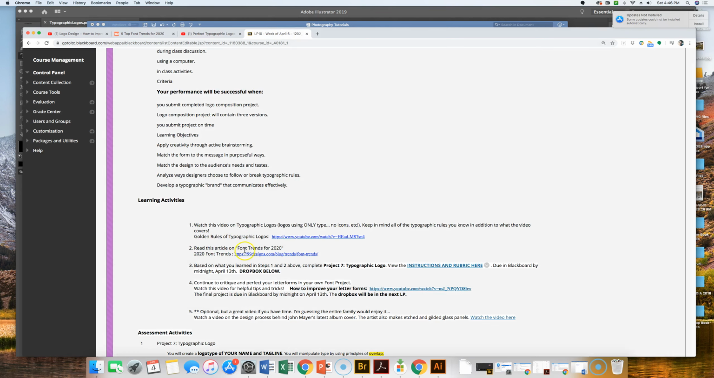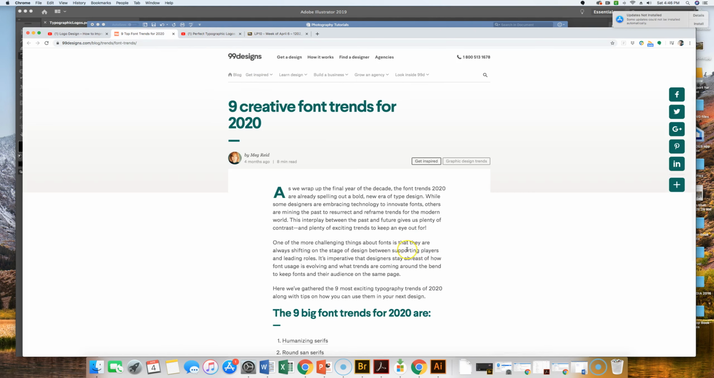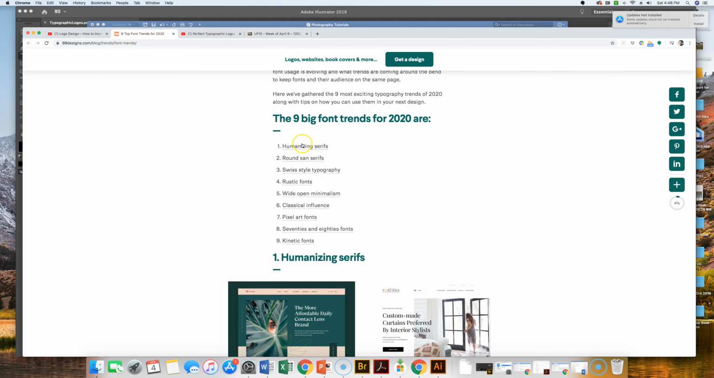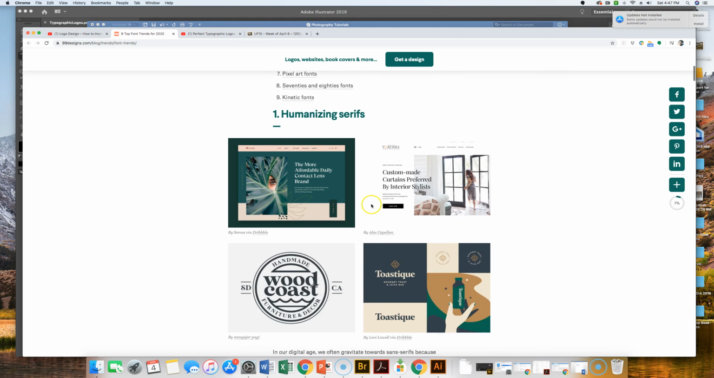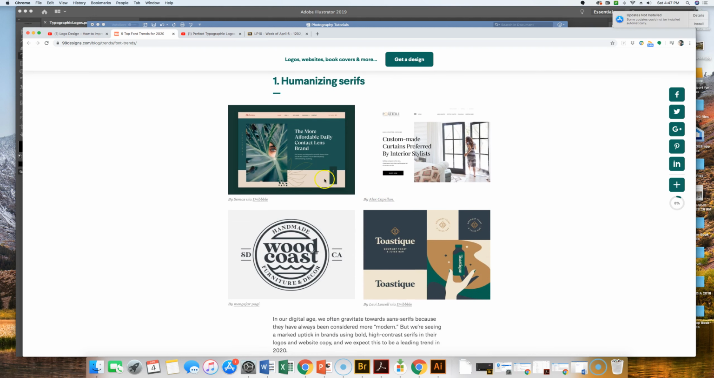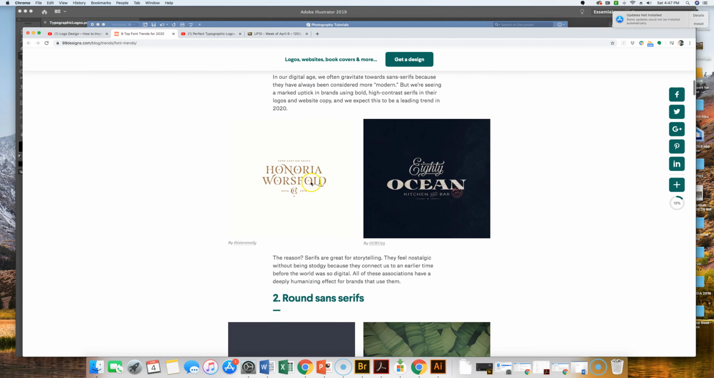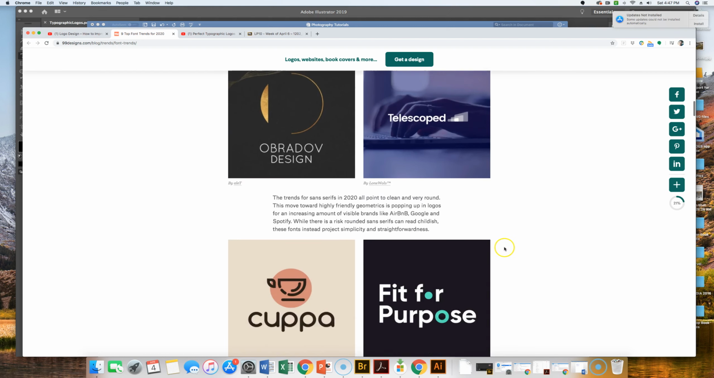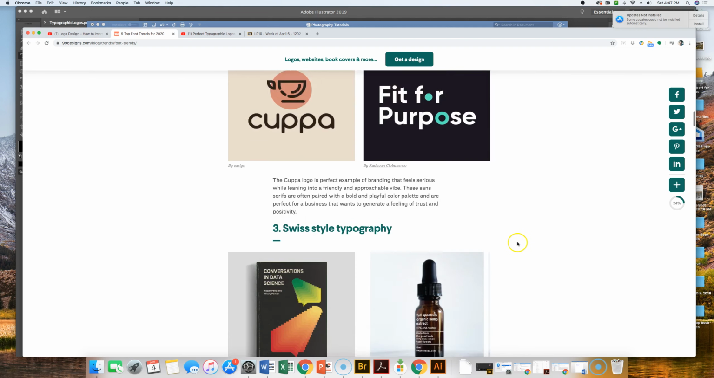Then I want you to look at this article on font trends for 2020, and it's just kind of interesting to see what they think is coming around. So here they are, humanizing the serifs, round sans serifs, etc. I'm not going to read it all to you, but I'd like you to go through this and get some inspiration. Maybe there's something in here that you hadn't thought about that you really like and you want to